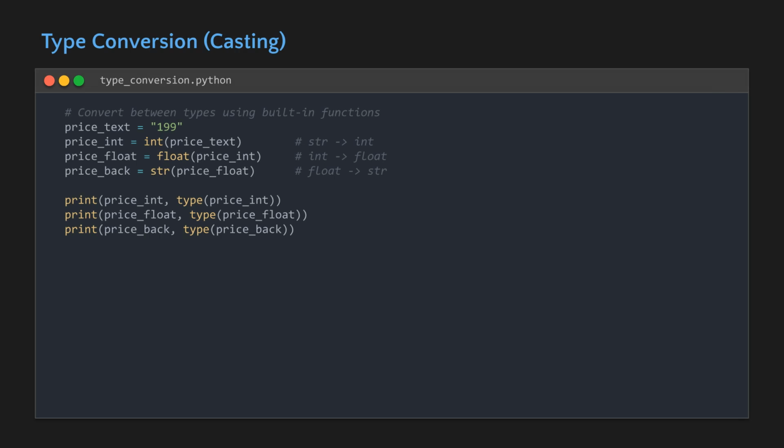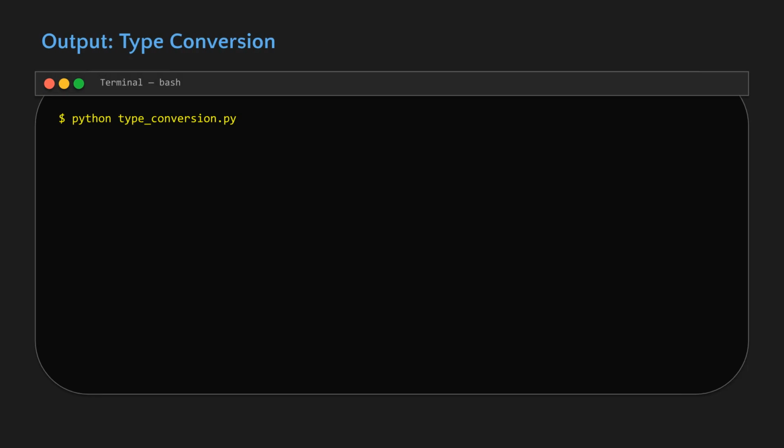NoneType. Type conversion or casting is necessary to change a value from one data type to another. We use built-in functions like int, float, and str to perform these conversions, as seen with converting a string price into numeric types and back. Running the conversion script shows how the data is transformed across int, float, and str types, with each type confirmed